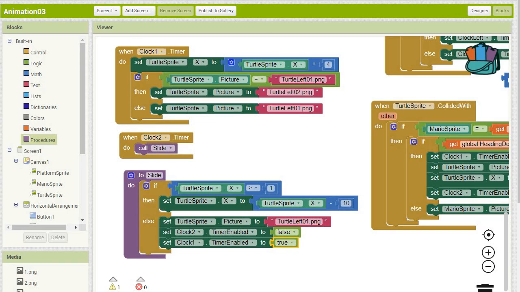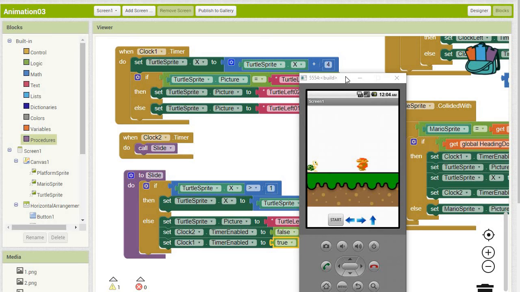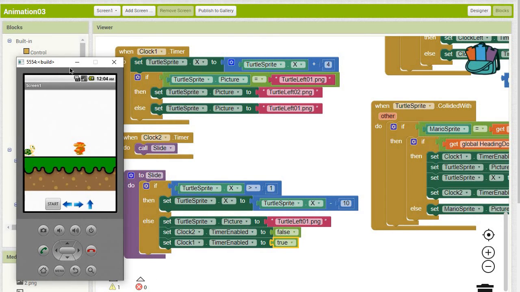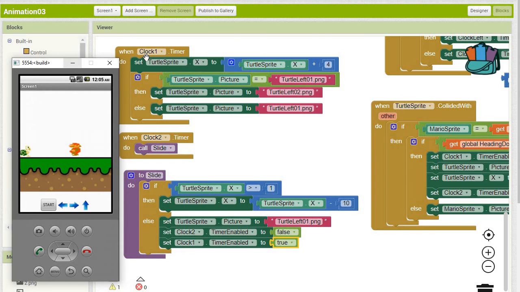So I'm going to pause and restart the emulator, and we're going to see that work. Okay, my emulator's back up. If we did everything correctly, I'm going to move over here a little, then it should do exactly what I said. This clock is going to be triggered. It's going to make the turtle start walking to the right while changing the pictures back and forth from 1 to 2. If we jump and land on it, then that should